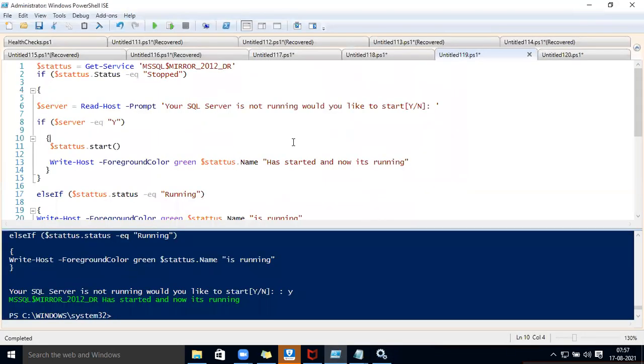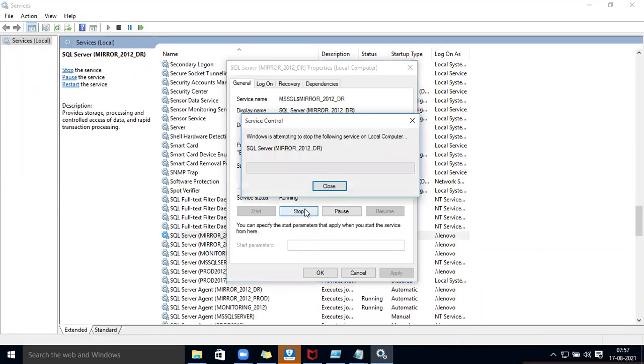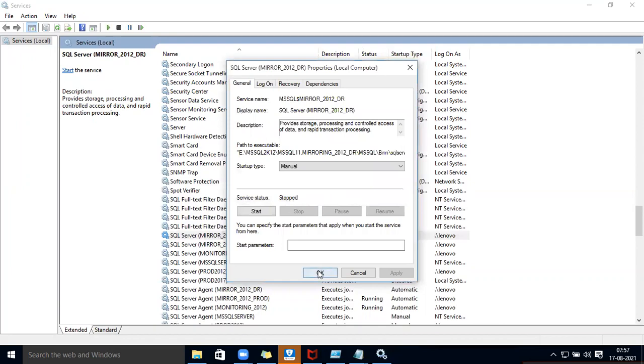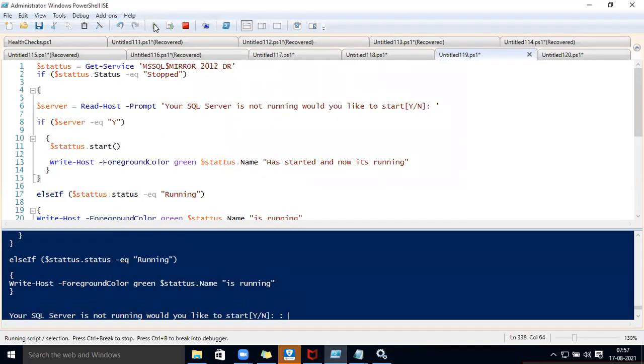Okay, I am giving you one task. Tomorrow you have to try this. In this same script, I will tell you what change you have to make. If you run this script, it says do you want to start.